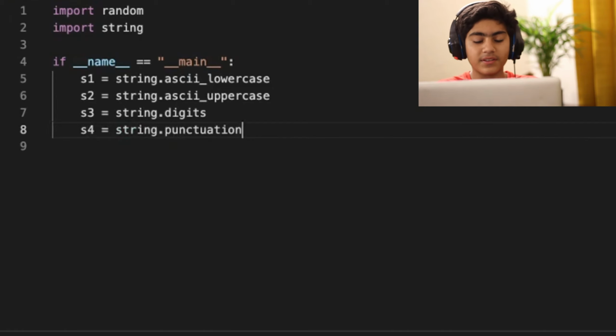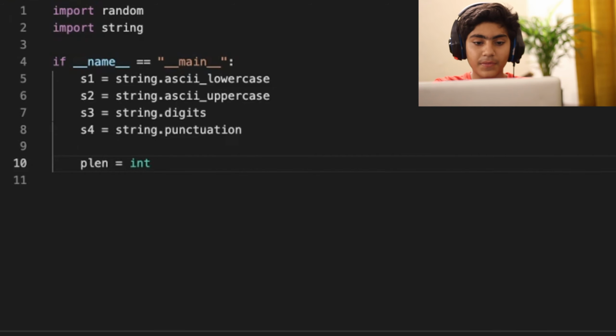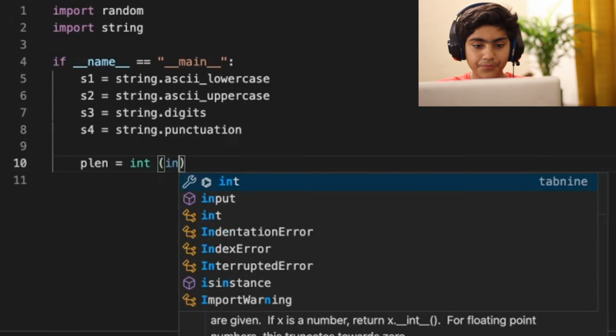Those are all the variables that we need for this project, and then we are going to add another variable in this if statement only. plen is equal to int, and in parentheses we are going to take the input.